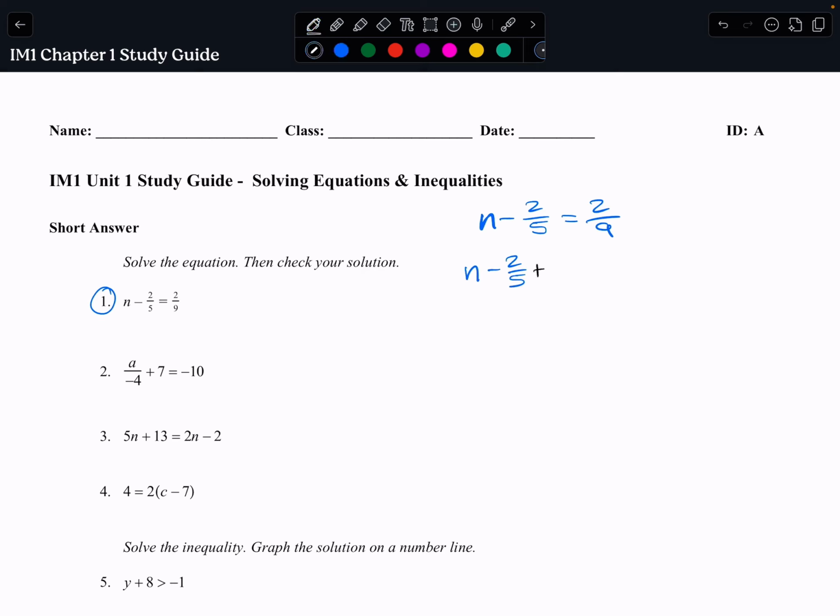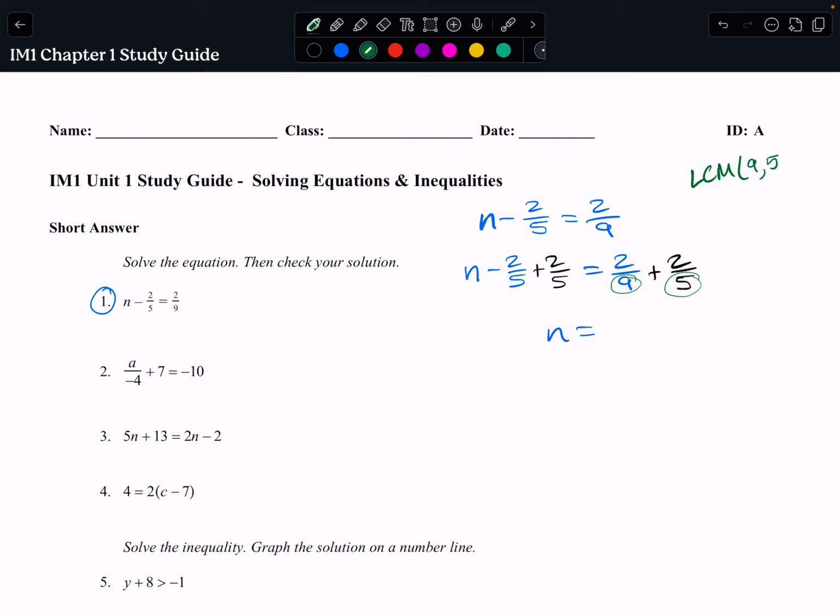So I'm going to add 2/5 to the left side, and I'll add 2/5 to the right side. Now here, that's going to be a big fat 0, so all we have left is n on the left side. But then to add fractions, we need a common denominator. So right now we're looking at these denominators. Those are not the same, so we need to think about, well, what's the least common multiple